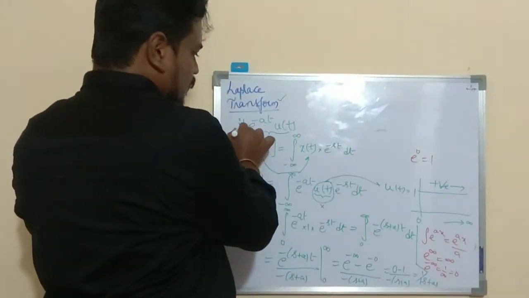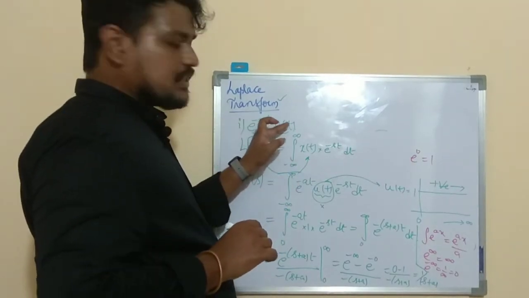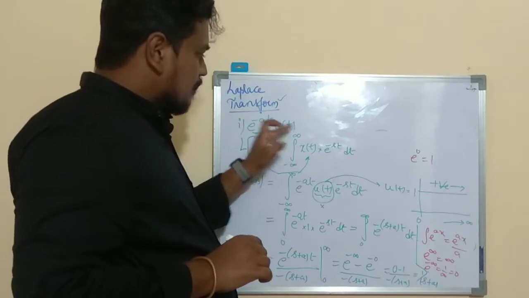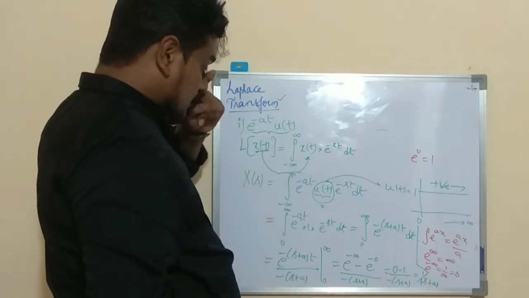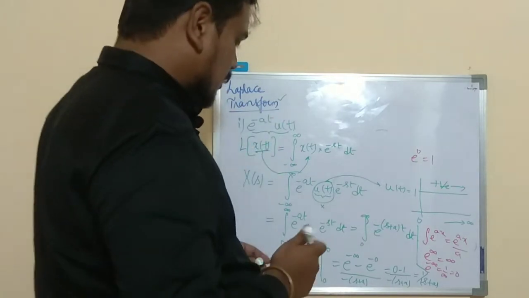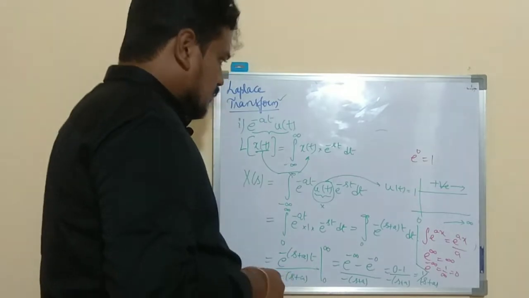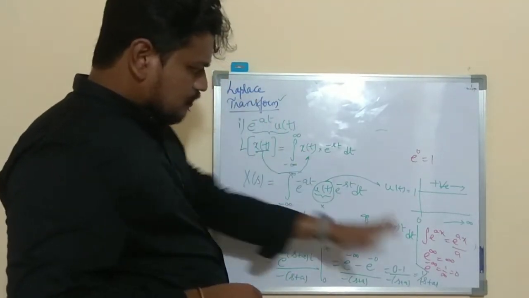Okay, minus of. So this thing into minus of e power minus at into u of minus t he has given. Okay, u of minus t. Then this integration limits will be changing from minus infinity to 0 instead of 0 to infinity. Okay, so that you have to keep it in mind while doing these problems. So this particular u of t is there, right? So this is how to proceed.